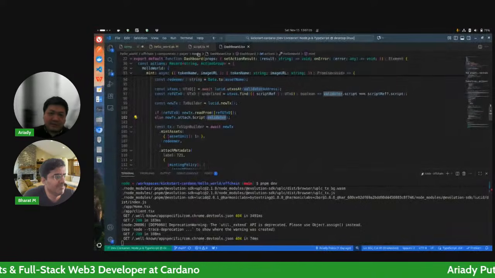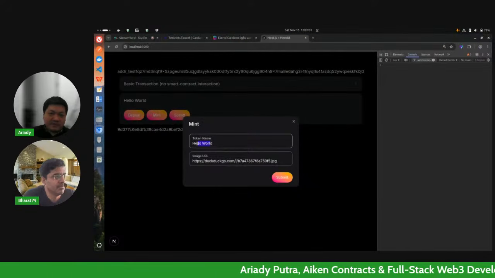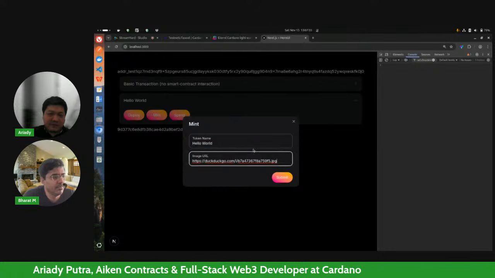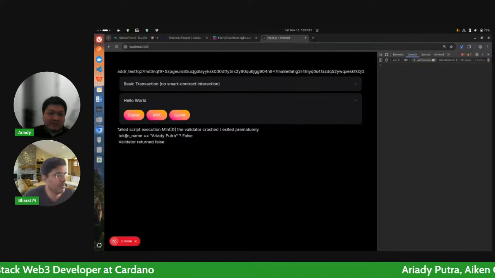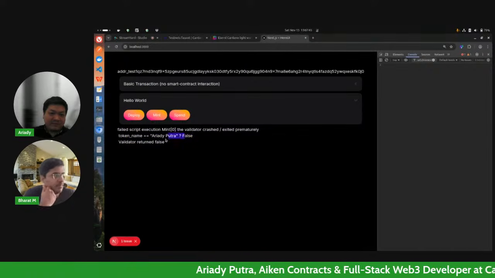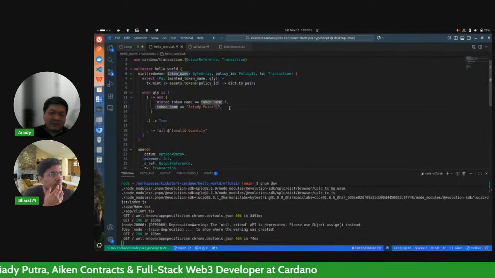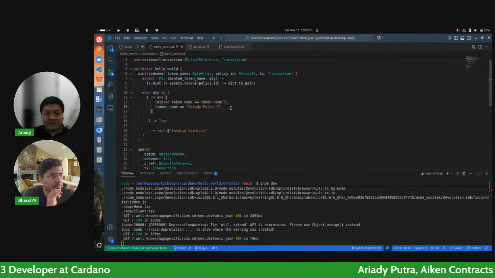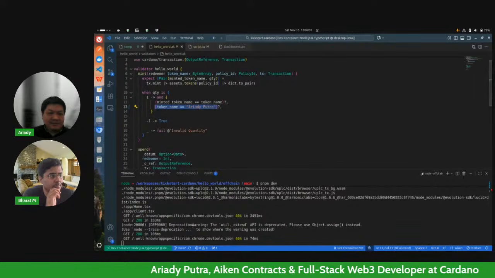So again, the expected name of the token is my name, but since I provide a wrong name, well, this one is not checked on-chain. This is just to specify the image for our token. We can just submit this, and then we should see some error message here: token name equal my name is false. And where is this message coming from? It comes from your smart contract here. So in Aiken, there is this question mark thing. It's called the trace if false operator, meaning that if this condition is false, then it will print something.